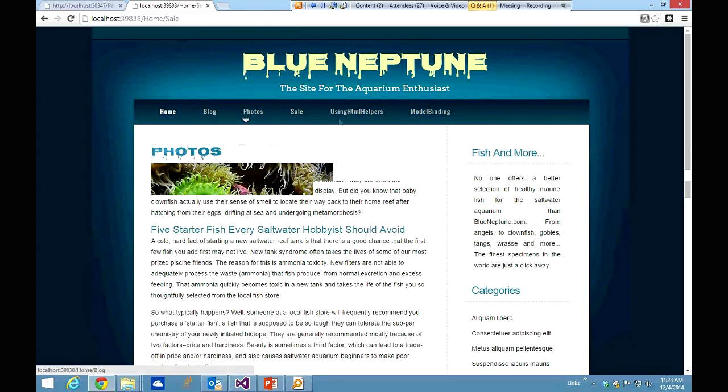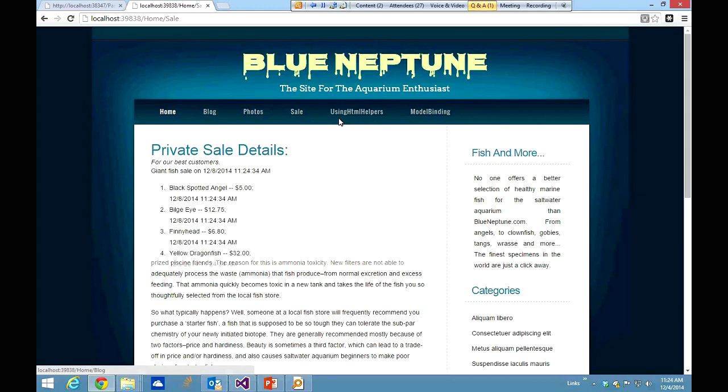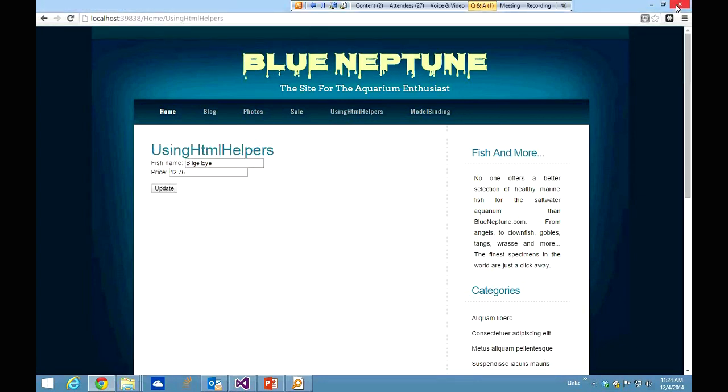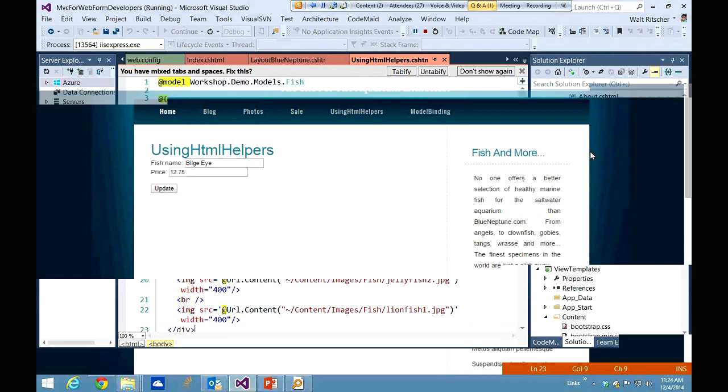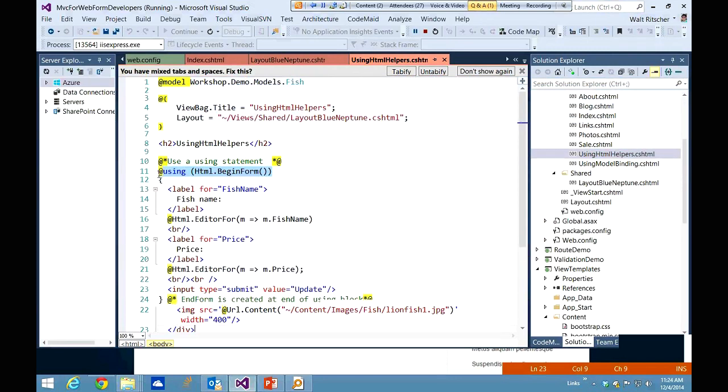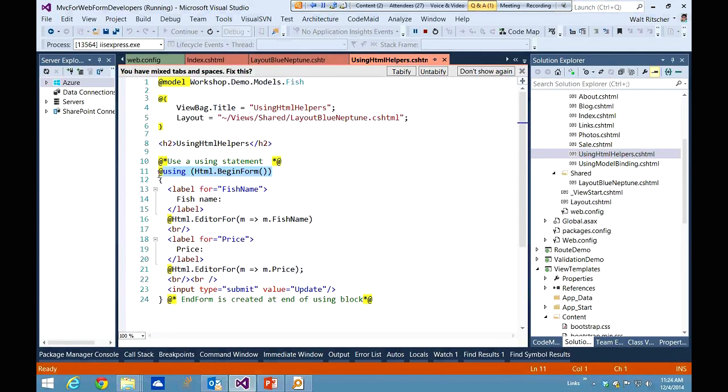I got a nice gradient fill in the background. I got a sidebar. This is the text from the index view. Everything else on the page is coming from that shared layout. And you see as I move through to the blog page or the photos page or the sale page, these are all